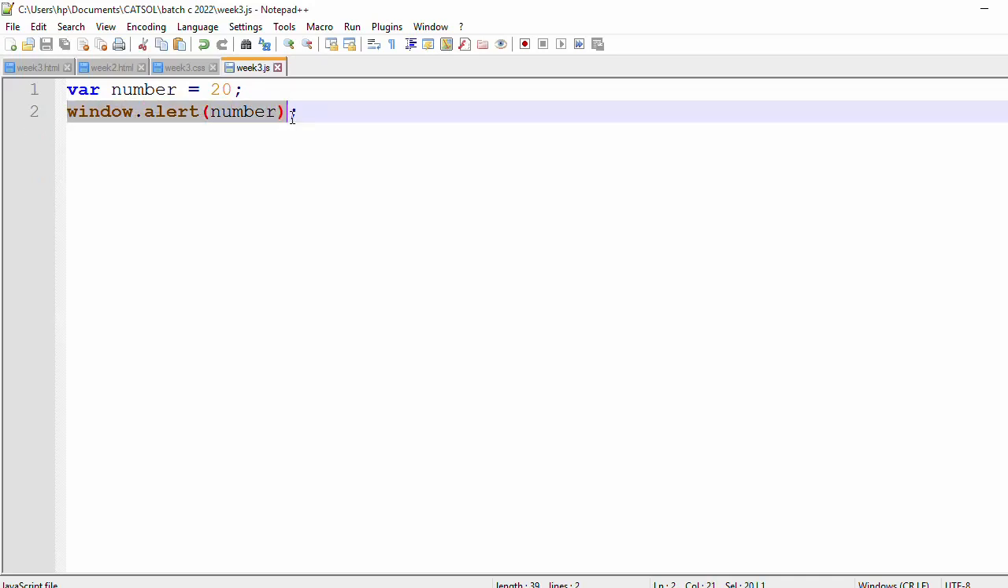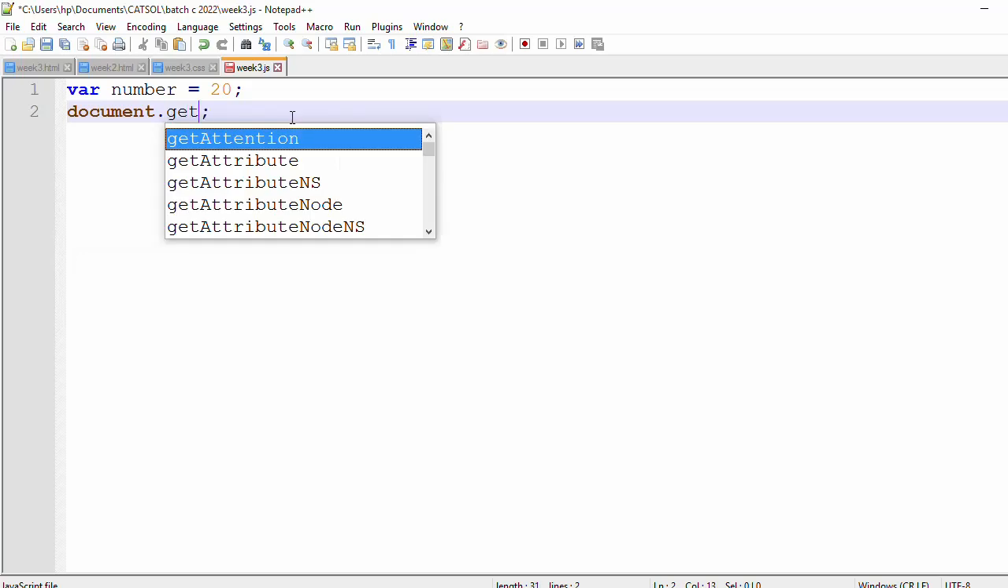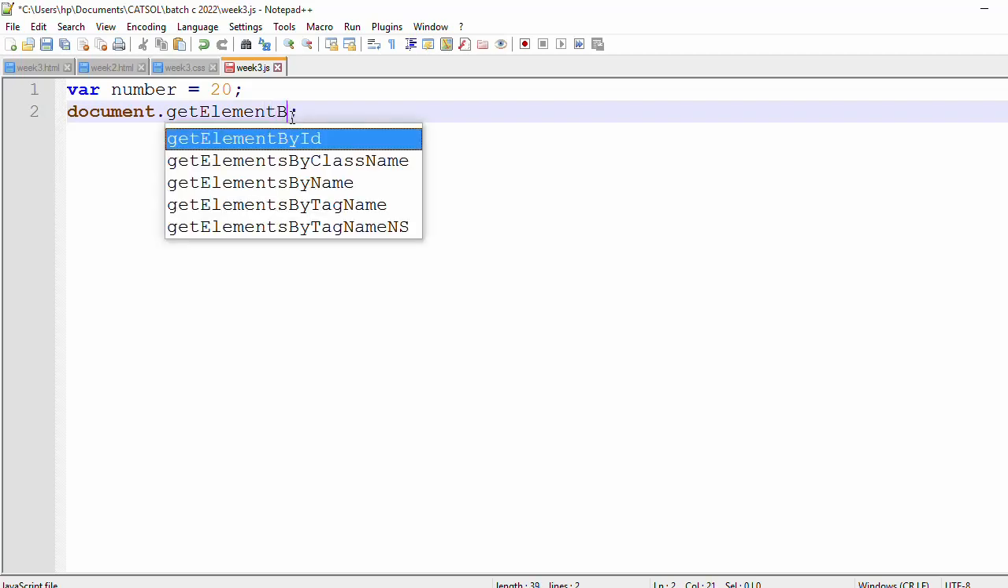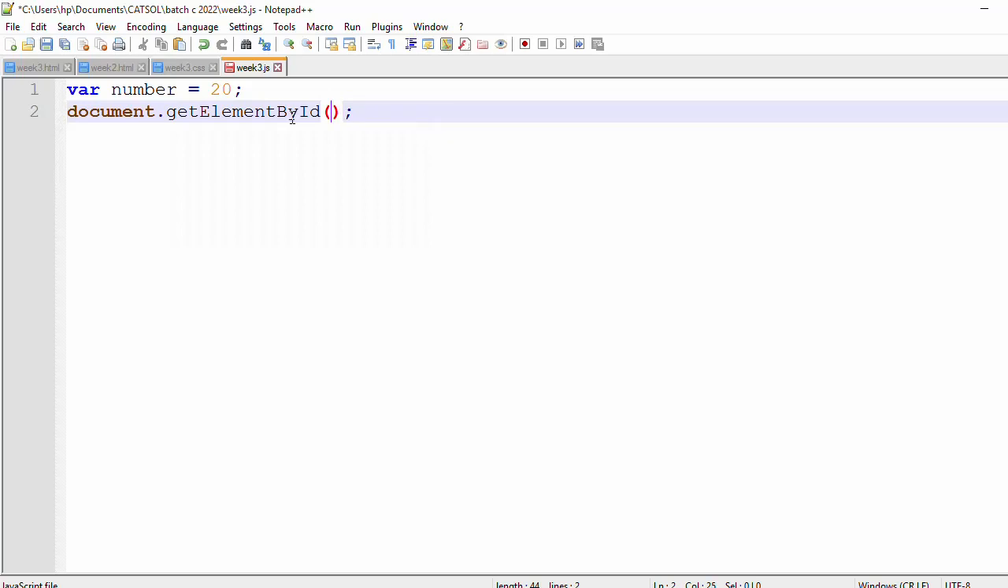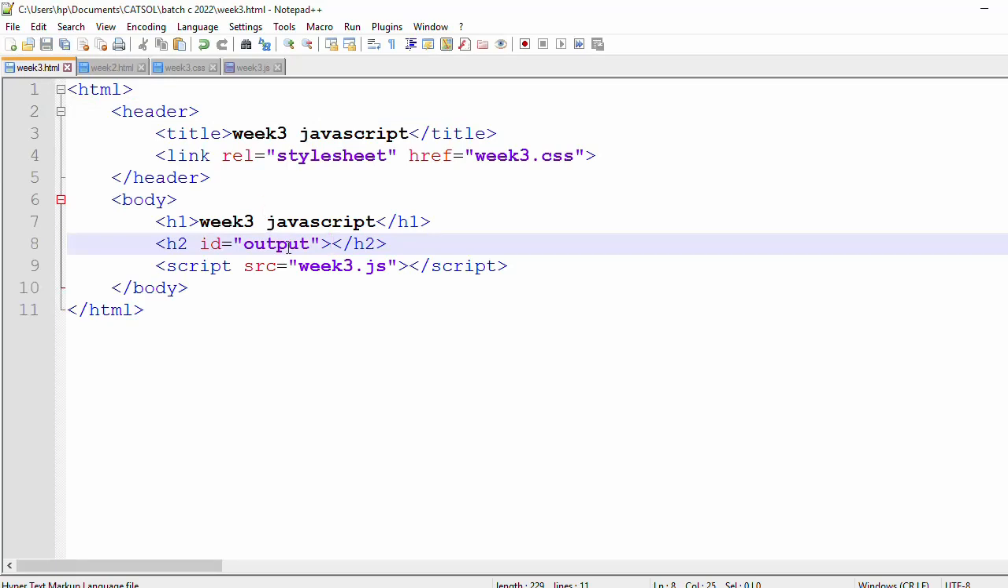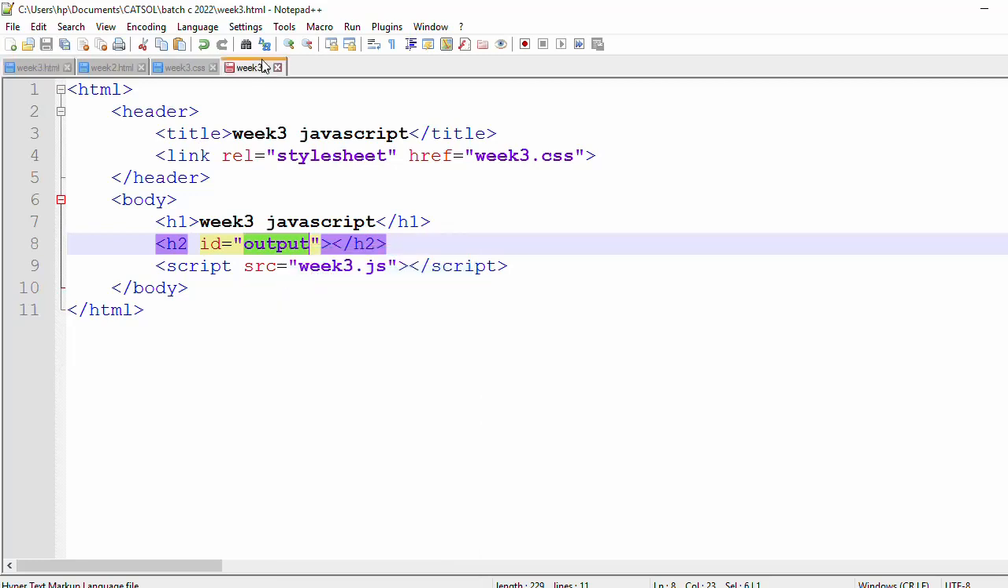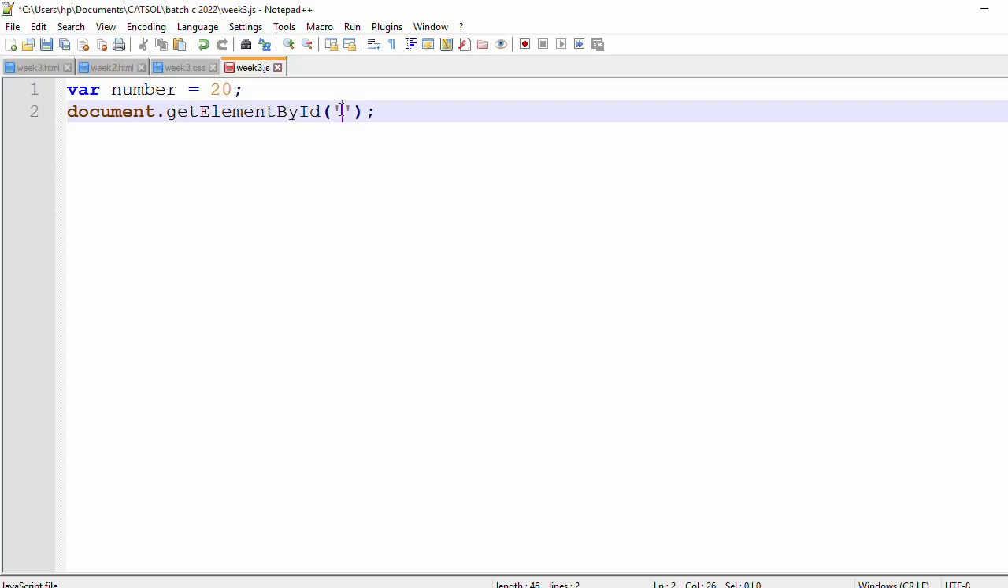So how do we do that? For us to do that, we say document.getElementById. What's the name of the id? The name of the id is the name we gave to this one as an id here, so that we will be able to send it here. Okay, now if we copy this and come back here, then paste it here, then we get the element,